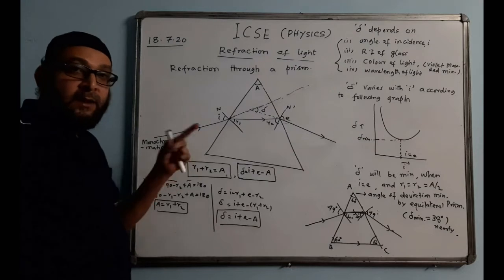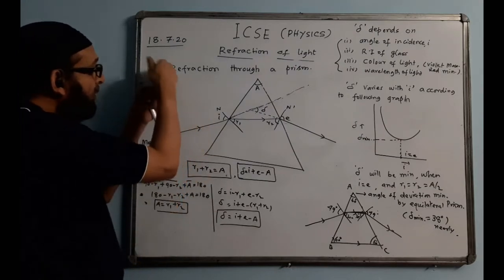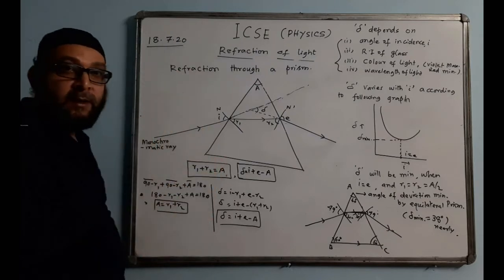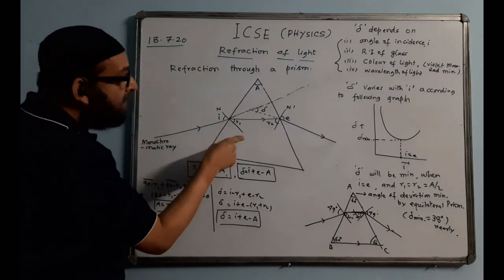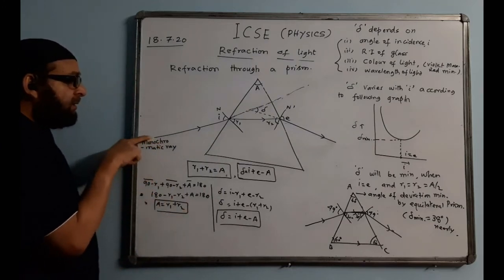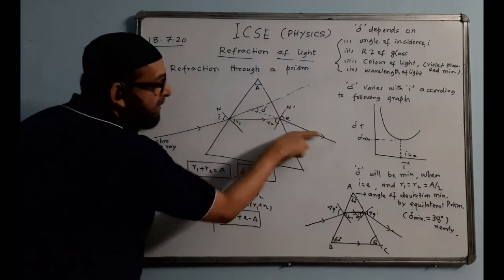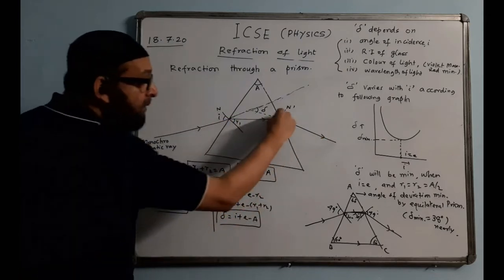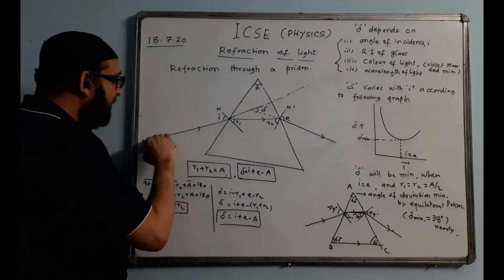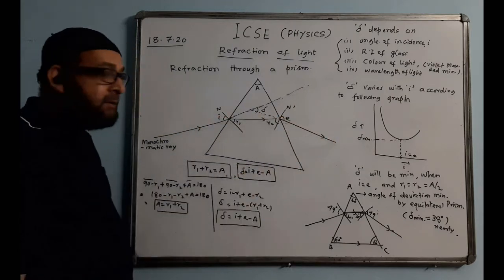This ray and this ray will never be parallel because they are not refracted by parallel sides. That happens in the case of a rectangular glass block. Two sides are parallel, so the incident ray and emergent ray also become parallel. But that doesn't happen in the case of a prism. Now let us label the various rays. This ray is called the incident ray, this ray is called the refracted ray, and this ray is called the emergent ray, the ray which is coming out finally.